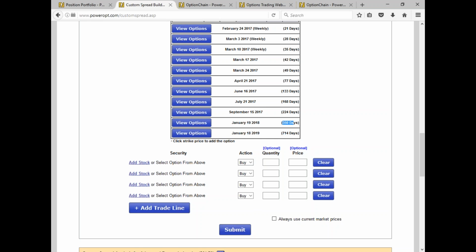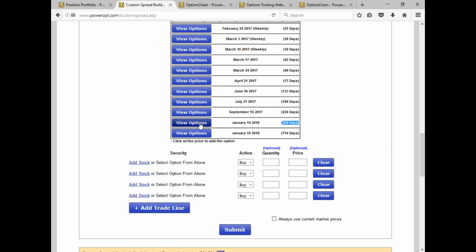All right? It's often been taught that you have to use a leap, a year out or a 2-year out. It's okay to use the 130, 160, or 224. It's a farther term option. You're still getting the same kind of advantages of a leap, just not as much time. Okay? But